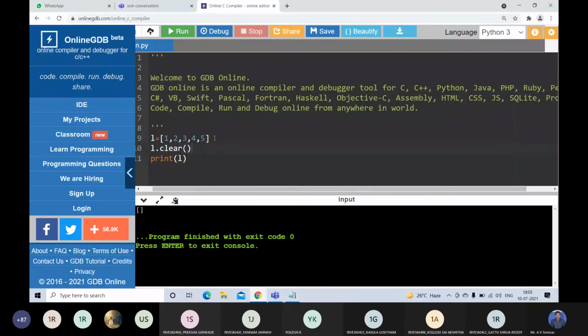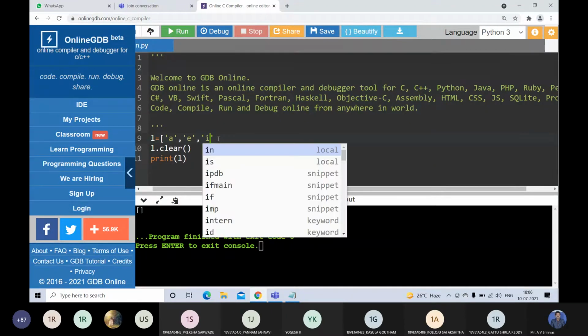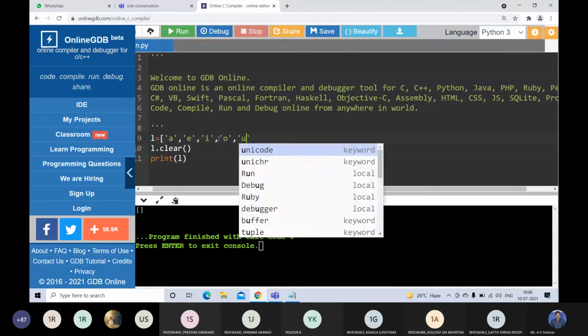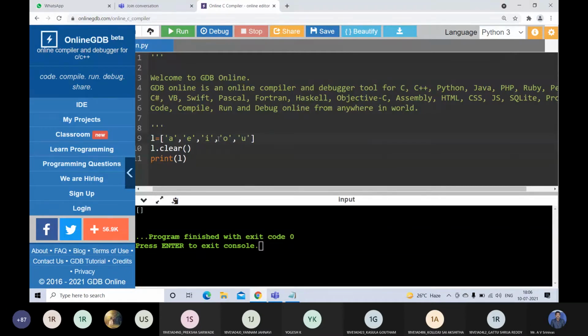For example, let me show you one example. I'm taking L is equal to A, E, I, O, and U, a list with vowels A, E, I, O, U. Now I'm writing print of L.index of E. I want to find out the index of E. So L.index of, I'm passing E here.